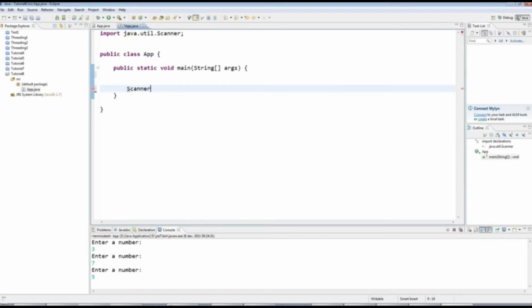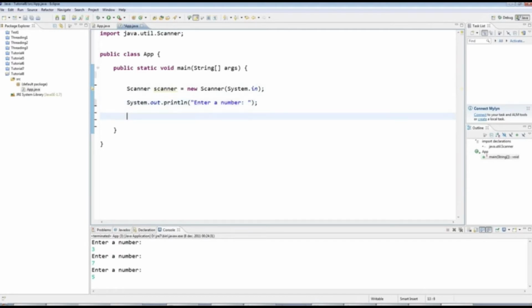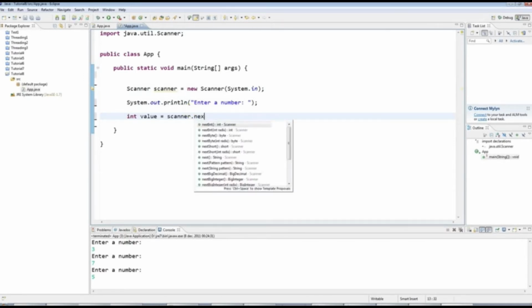The first thing I need is a scanner object, and as I said in previous tutorials, don't worry too much about this syntax at the moment, just get used to typing it. So I've created a new scanner object which I can then use to get input, and I'll say to the user, enter a number, and then I will get the number I enter. I'll say int value equals scanner.nextInt,